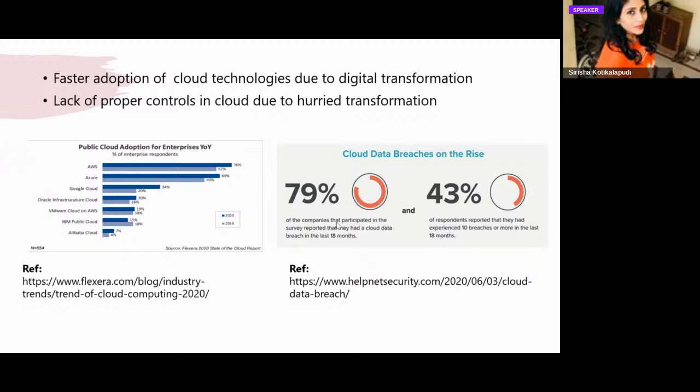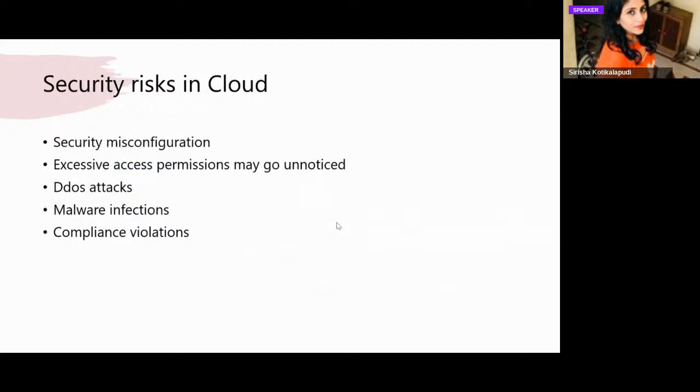Now, cloud technologies are a perfect platform and enabler for digital transformation. The capacity is easy to adjust, and obviously, the organizations don't have to worry too much about the administration of underlying infrastructure. But due to the hurry for adoption, there is a lack of proper controls in cloud. As we can see in the numbers, the public cloud adoption number has drastically increased this year, but so has the number of data breaches. So what are the security